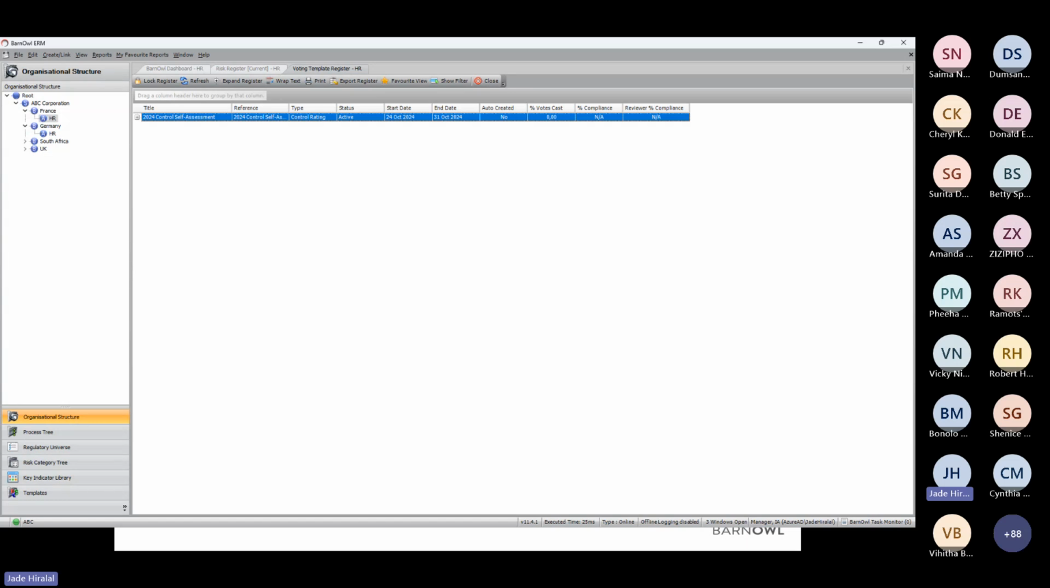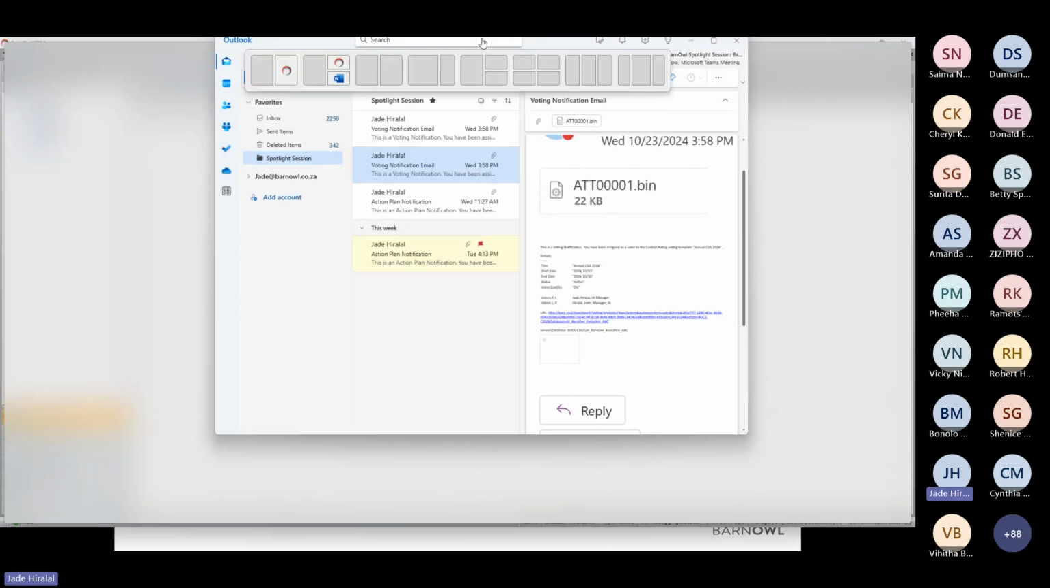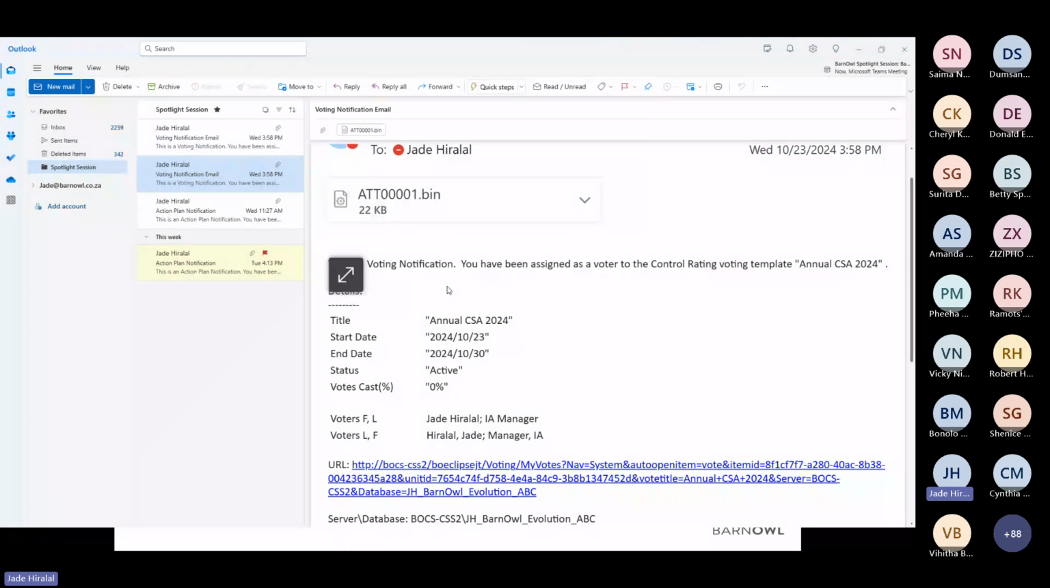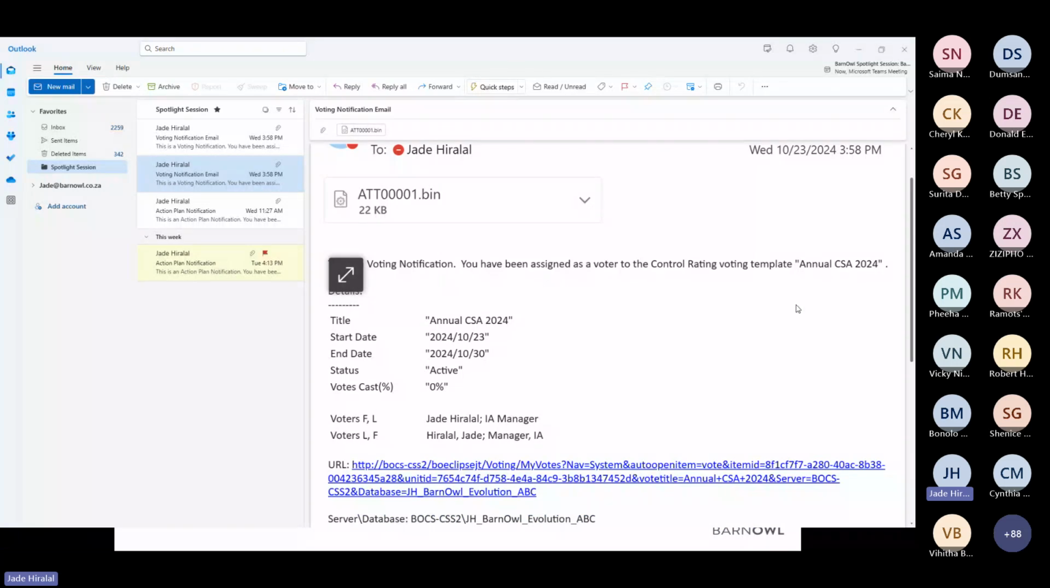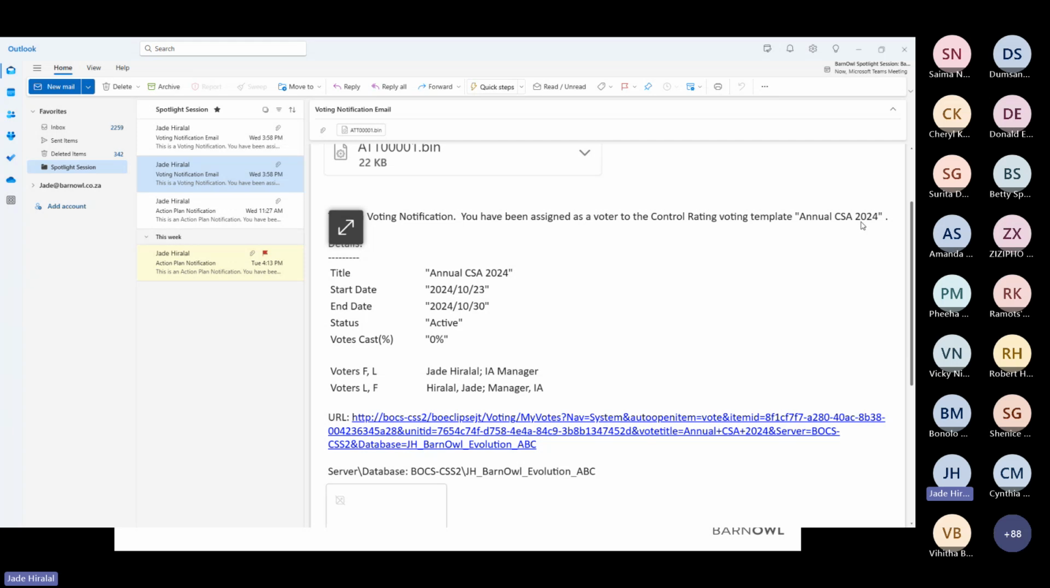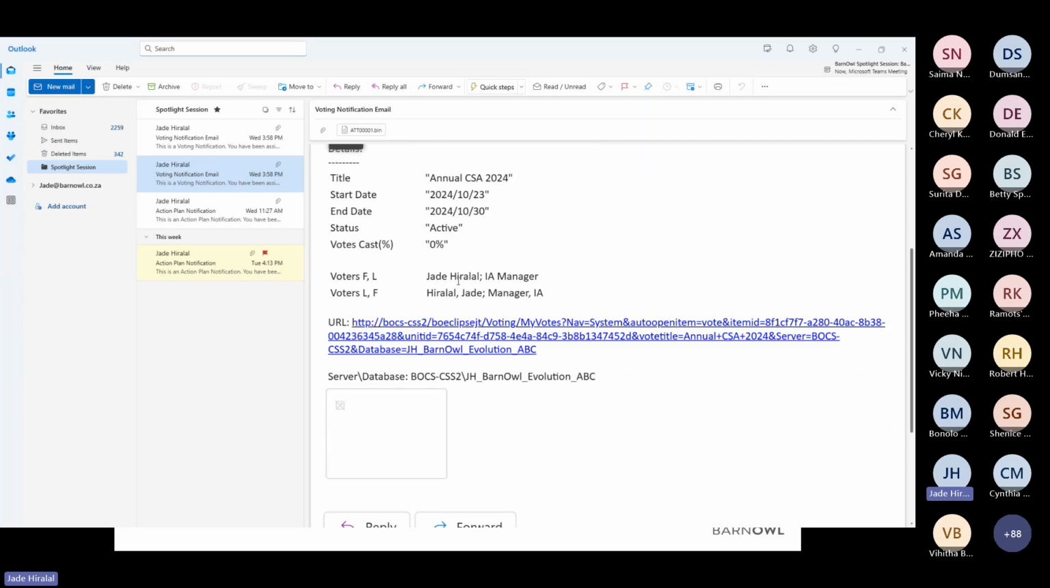Okay, so I am going to go to my email now so that you guys can see what that email will look like. Okay, so there we go. There are my emails. This would be a vote notification email. It says voting notification. You've been assigned as a voter to the control ratings voting template. It provides you with the title, the name of the vote. It then tells you the start date and the end date. It also tells you the status and provides you with the name of the people who are going to be